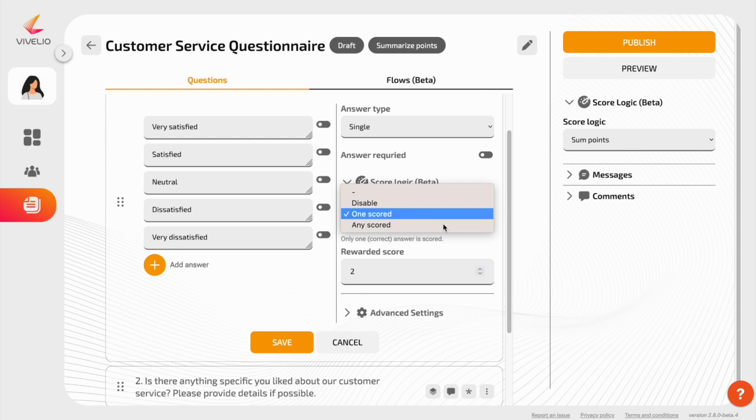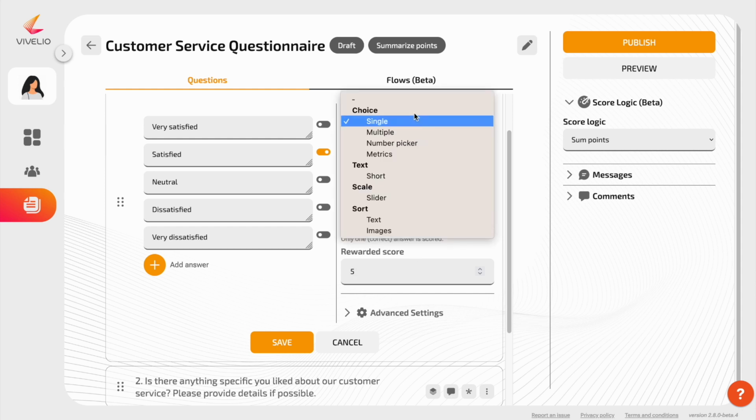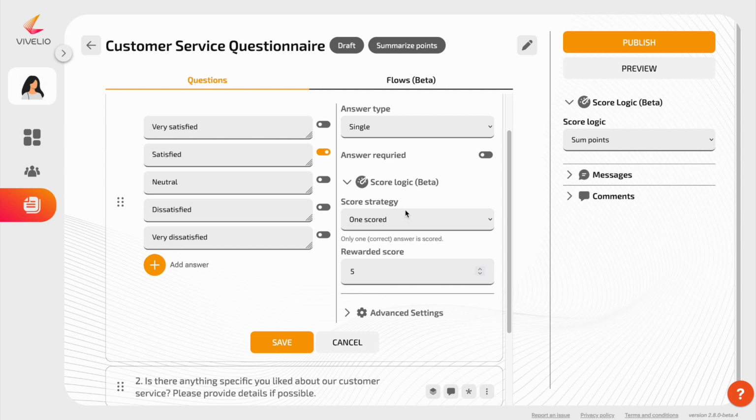The One Scored Answer strategy refers to a situation where only one answer is correct. When selecting this option, specify the point value that the correct answer will receive. The Any Scored Answer strategy is a scenario in which there is no correct answer. Here, each answer is scored, and it is the role of the questionnaire creator to assign each answer the value